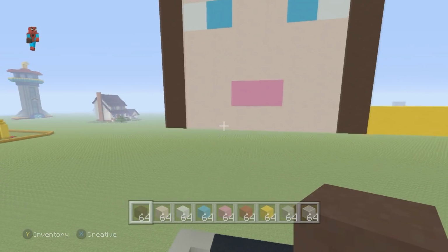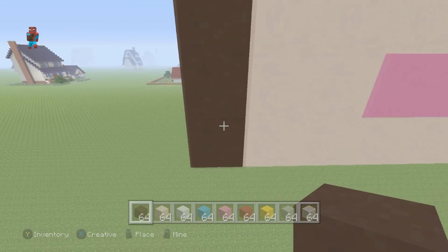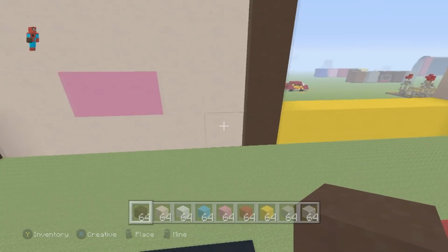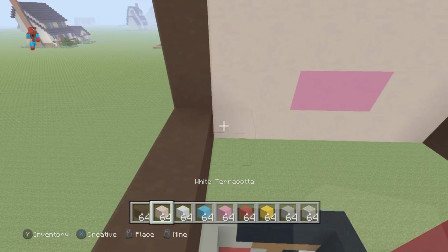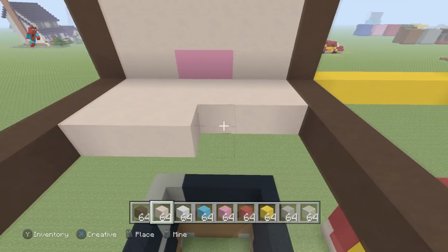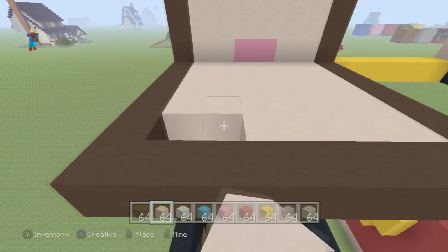What we then want to do is make the rest of the head. So we'll come to the very back of the head. We want to take the bottom black terracottas and extend them back each by 7. 1, 2, 3, 4, 5, 6, 7. And 1, 2, 3, 4, 5, 6, 7. We'll connect them together. We want to fill the center of this in using white terracotta. So completely fill the center of this in using white terracotta, because I figured it'd make more sense than using